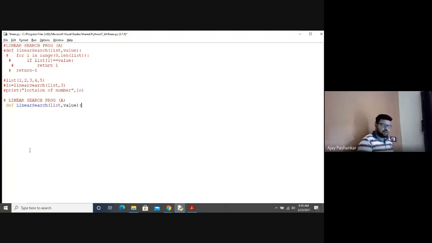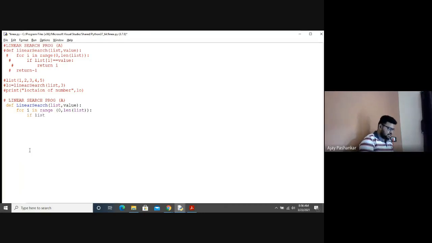So you can say that you are starting the scope of that function. Inside this, I'm inserting a for loop: for i in range 0 comma length of list, again colon.